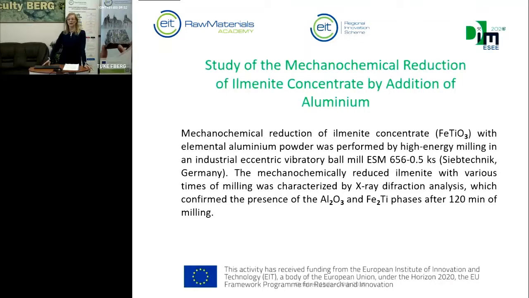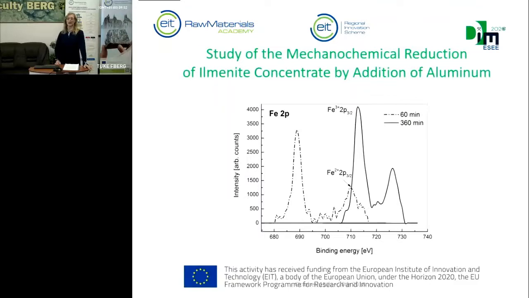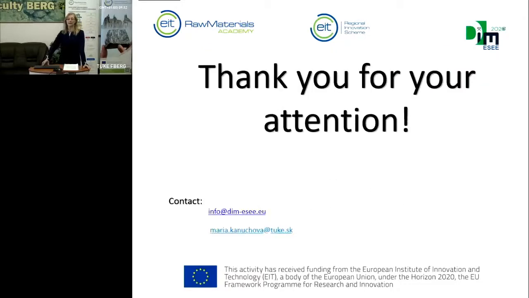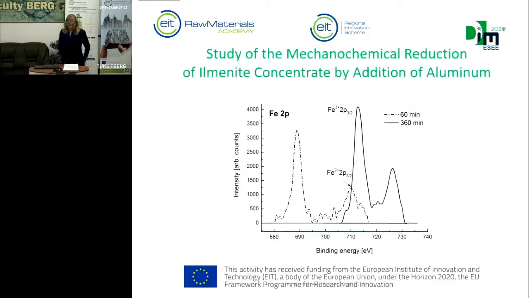In this picture you can see the very nice changes in the iron atom, in its oxidation state. Iron was changed from the oxidation state 3+ to the oxidation state 2+ after the milling, and the XPS survey spectra